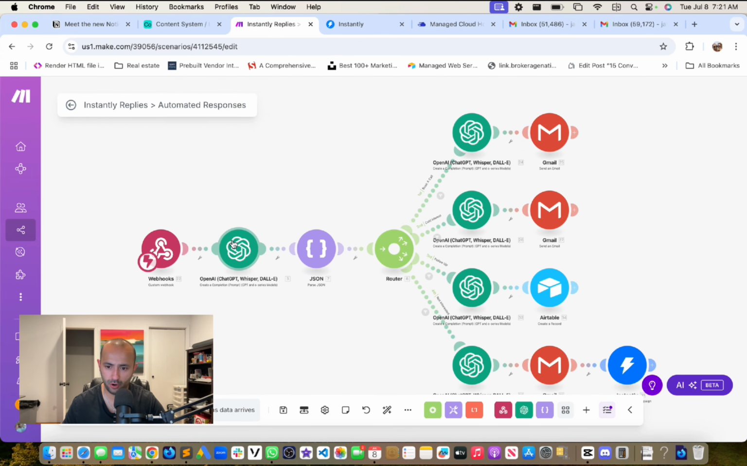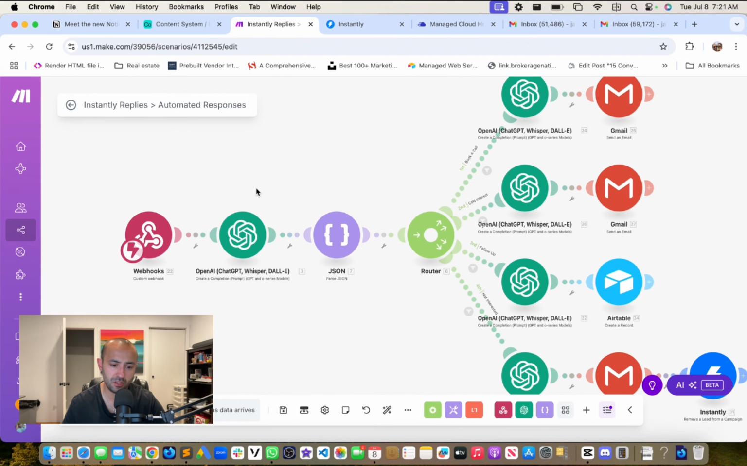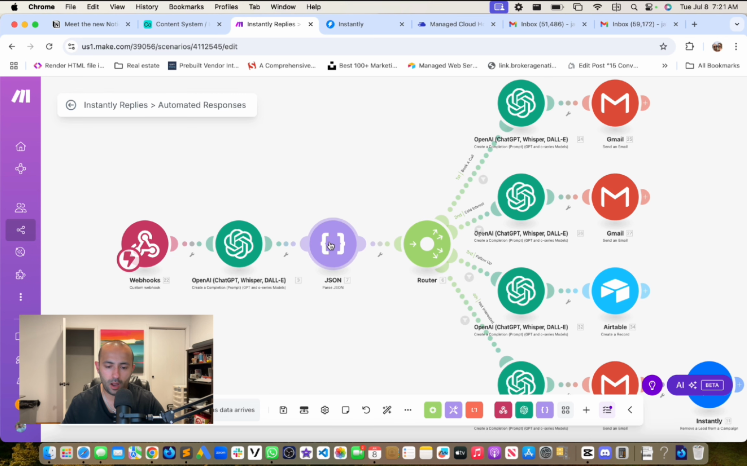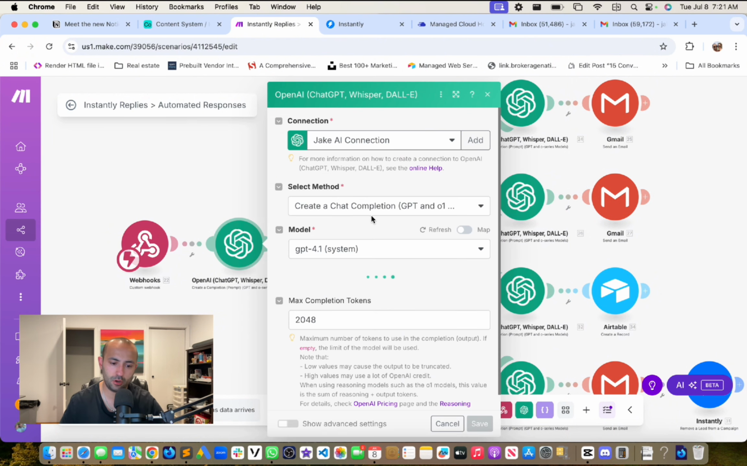Okay, and then what I want to show you is this is the most important part to this automation, and this is AI. And if you've watched any of my videos, I walk you through how to set up AI, another video to connect to AI. I'm not going to do the whole